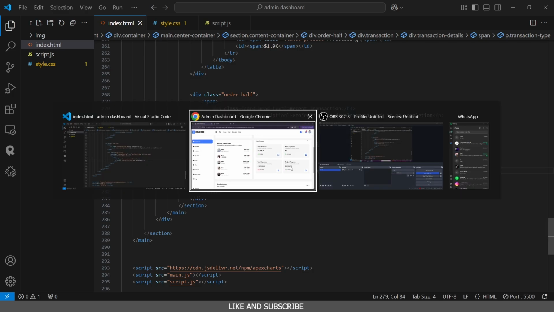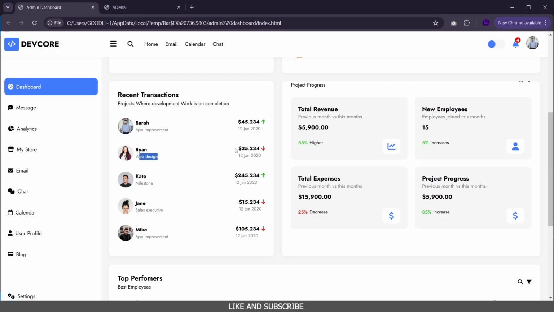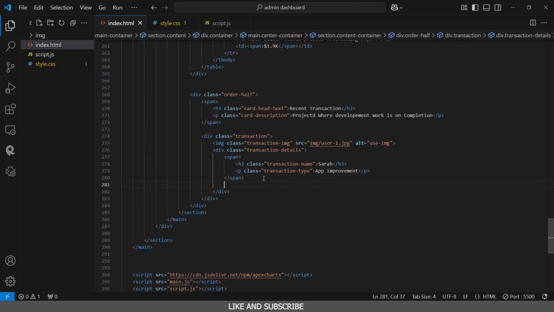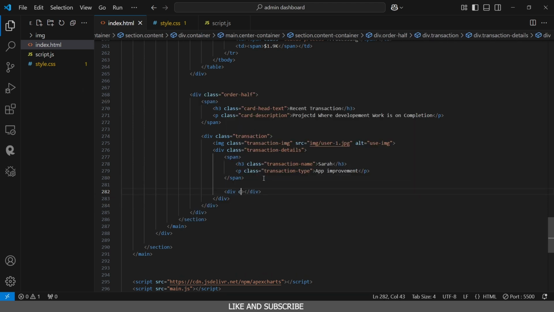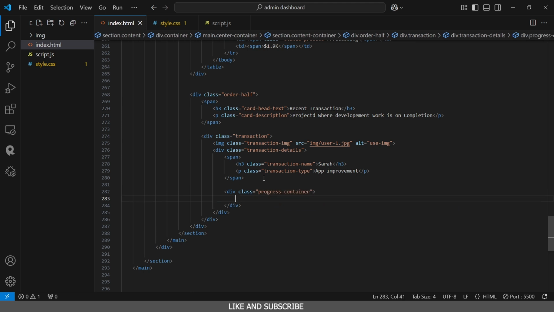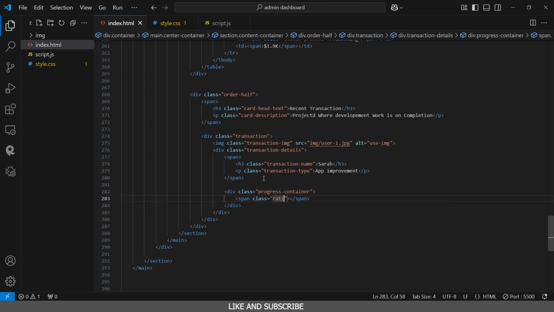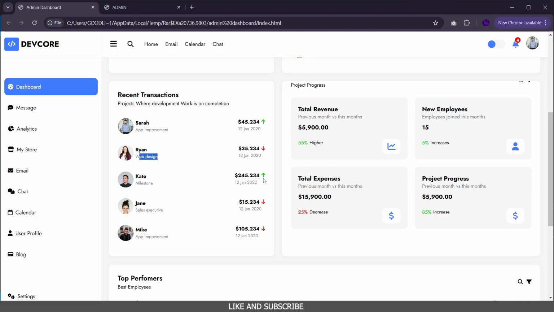So next, let's see what we have. We have the amount and the progress rate. To create that, we need another div right down here, and it's going to have a class. The class here is going to be progress container, and inside our progress container, we're going to have a span. The span here has a class, and the class is going to be written amount. So right in here, we're going to have the rates, which is a text. That's our number,